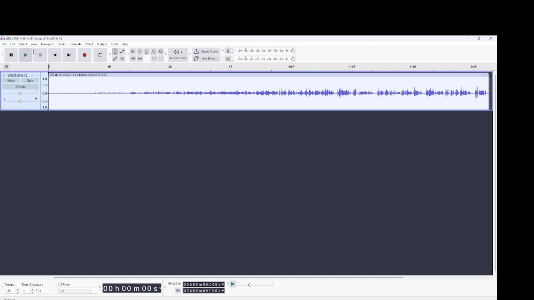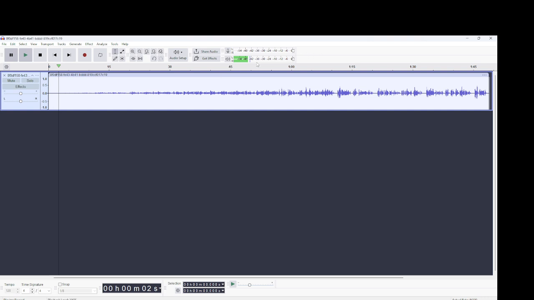The large area in the middle of the screen is the audio track timeline. After recording, your voice will appear here as a waveform. This waveform helps you see the volume and timing of your recording. You can also use the editing tools to make changes to your recording, remove unwanted sections, or adjust the audio